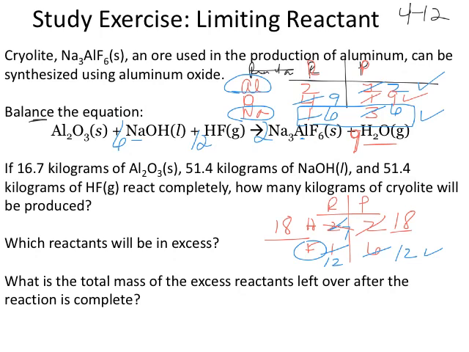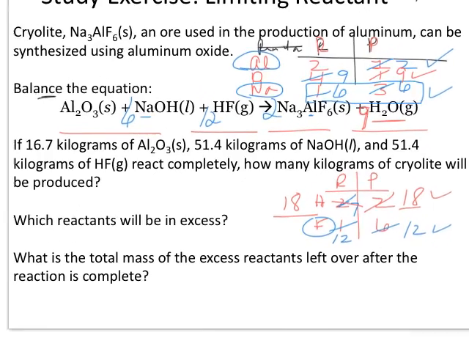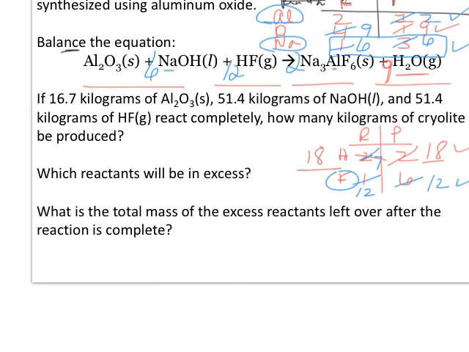We have 18 hydrogens on our product side. Oh, well, look at that. 18 and 18, so the hydrogens work out. So that's our balanced equation. We have a 6 in front of the sodium hydroxide, 12 in front of HF, 2 in front of cryolite, and a 9 in front of water. Okay, so let's go on to the next question, which is,